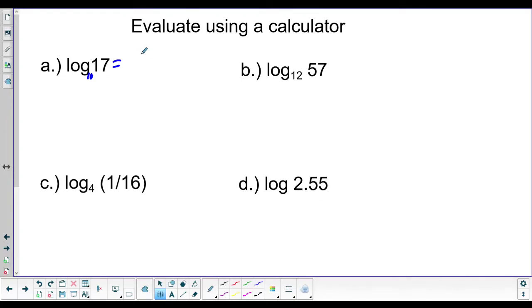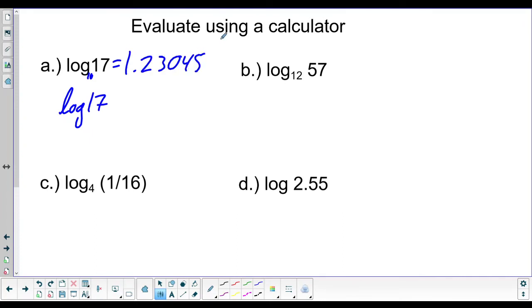So we would just hit, if I can find mine on my calculator. Oh no, where is it? Do I not have one? Oh no, that's not good. Hold on one second, I've got to find this. All right, sorry, I was struggling. I found it. Log base 10 of 17, you just hit on your calculator log 17, and it will spit out the number